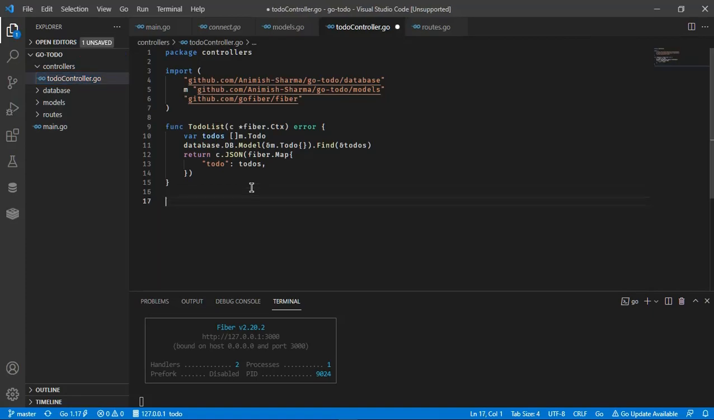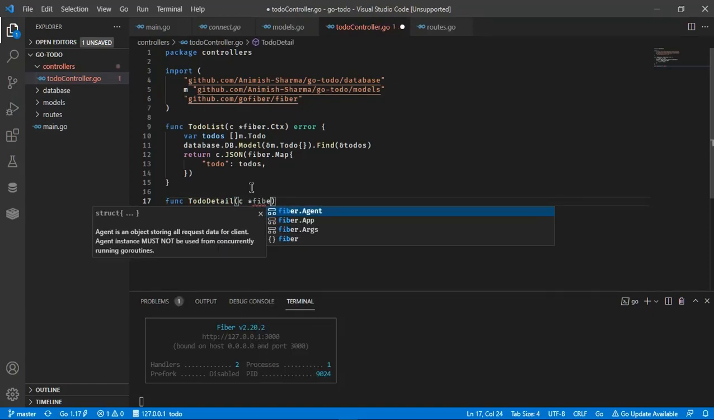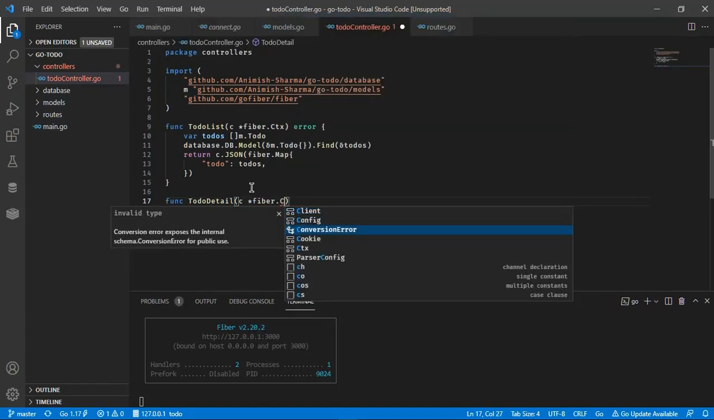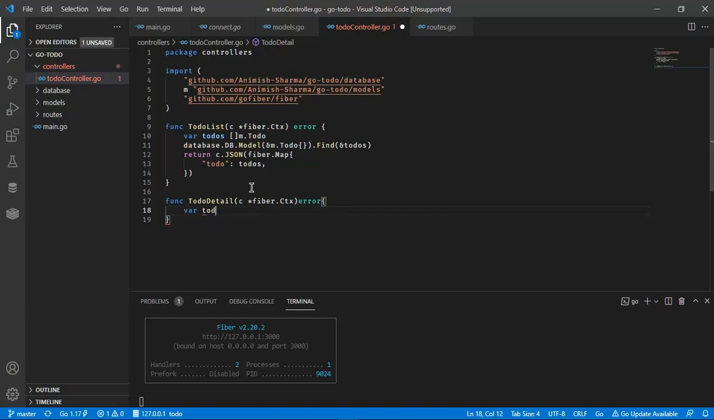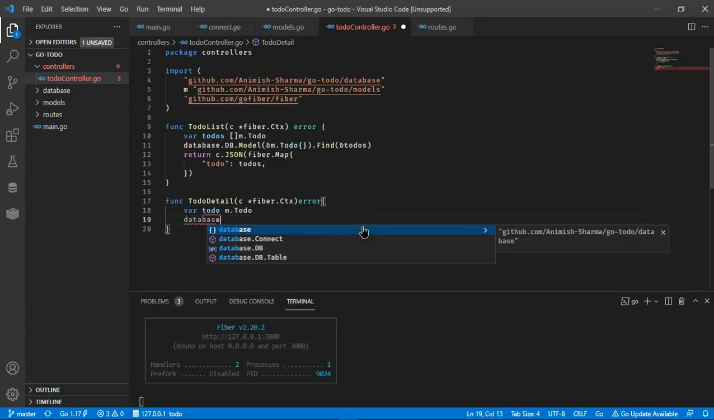Now let's create to do detail. This will take c.fiber.ctx and an error, and this will be a var to do m.to do. Now why I am not specifying its type list, because we don't want a list, it's a detail, we want detail of a to do, of course. So database.db